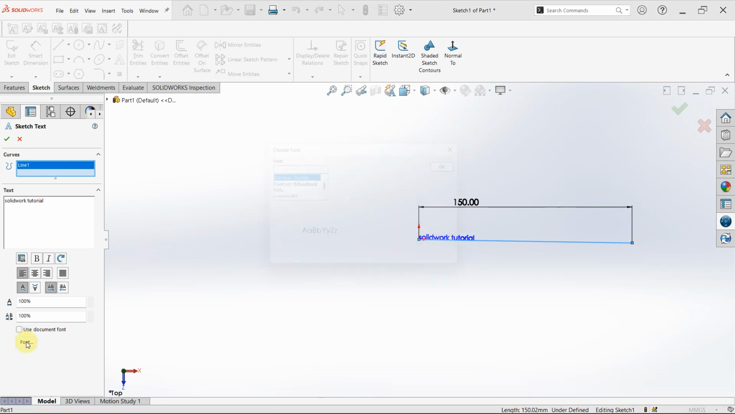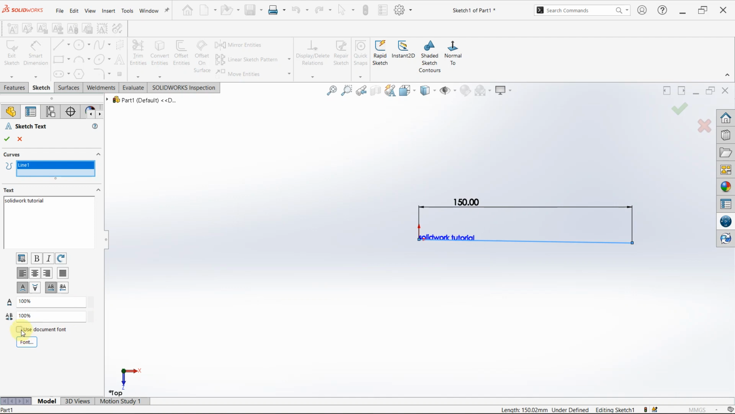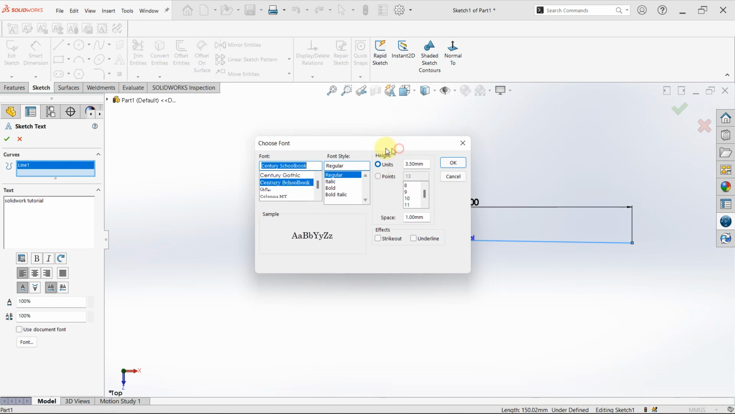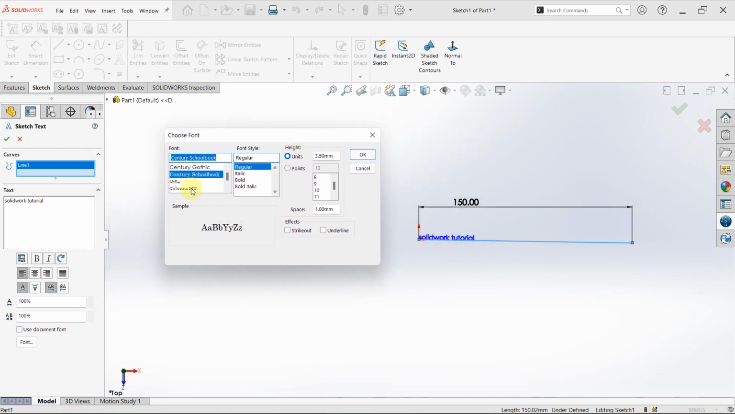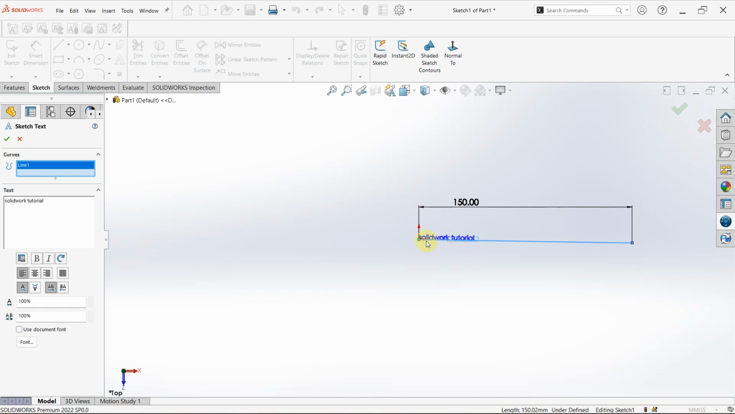So you can change the font, but before you change the font, uncheck use document font. You have it checked initially, so you have to uncheck it, change the font, and then you can select here any font you want to use. You can change that, but it's not changing here. So what I'm going to do is, okay,